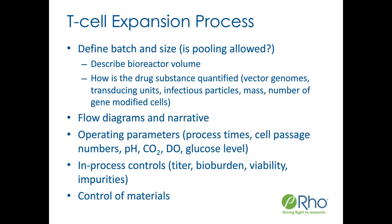So as you're modifying your T cells, you're expanding and modifying them, you will need to describe in detail your modification and expansion process. So FDA is going to be looking for things like the specific bioreactors you use. There's a number of different types. Each one has their own intricacies, and you want to make sure that you've indicated that the one that you're using is most appropriate for your process. Batch size